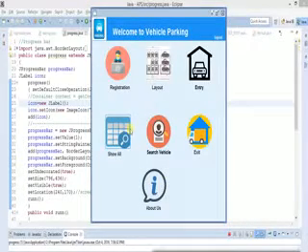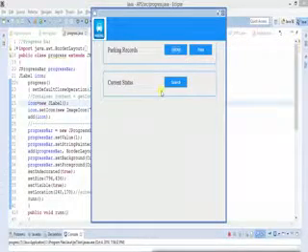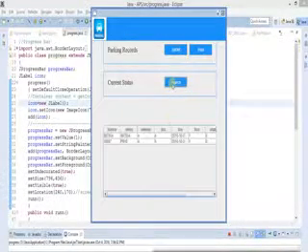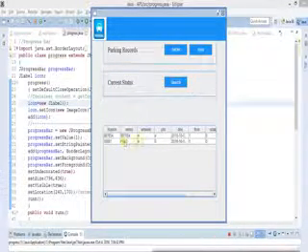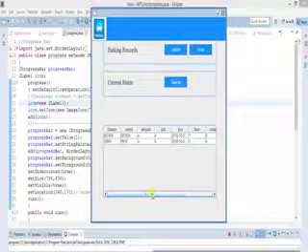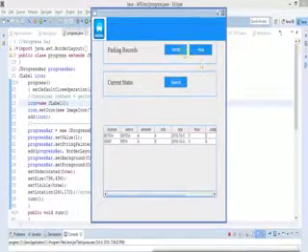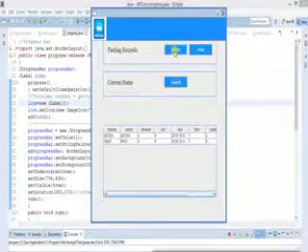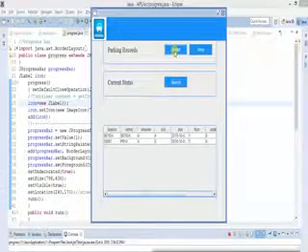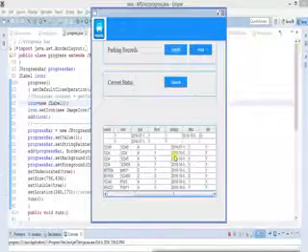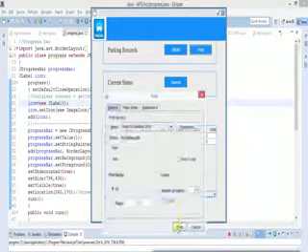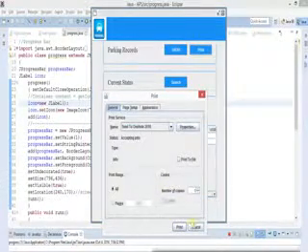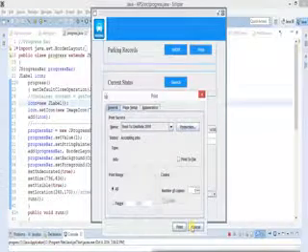So suppose a person wants to check how many vehicles are standing in the parking slot. So he will just go to current status and click on the record. So there, this is the new entry 30697 PB10 that we just entered right now. This is available, and other entries were there before the video. He can also show the parking records, how many cars were parked before and now. So you can just click on show parking records, and it will show all the parking records. He can just print the parking records, and this pop-up will open, and by clicking on print, you can print all the data in the database.